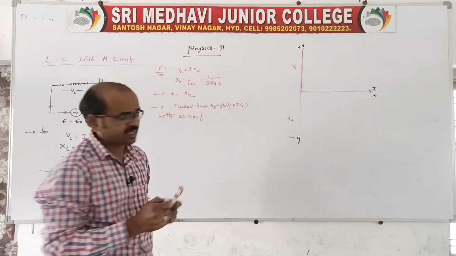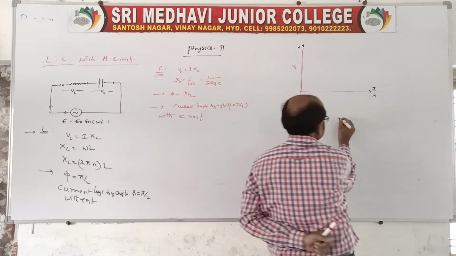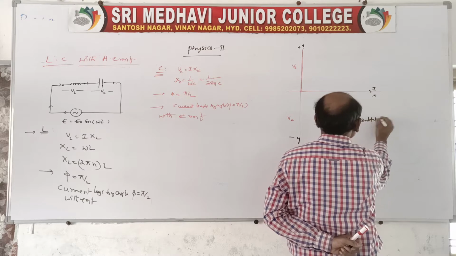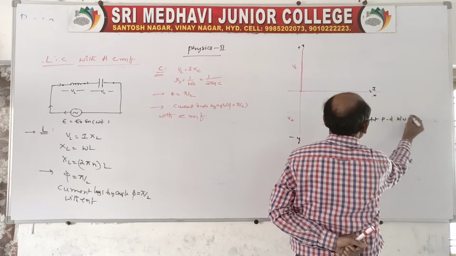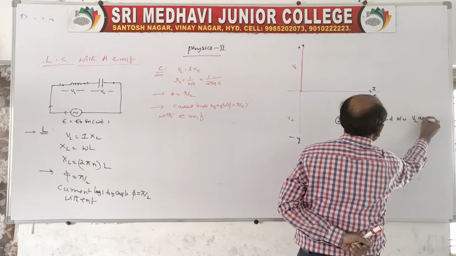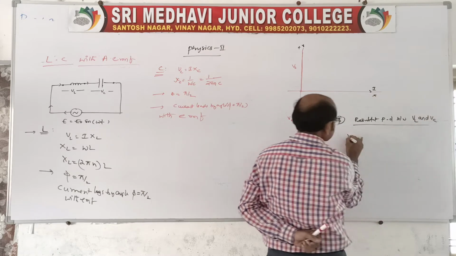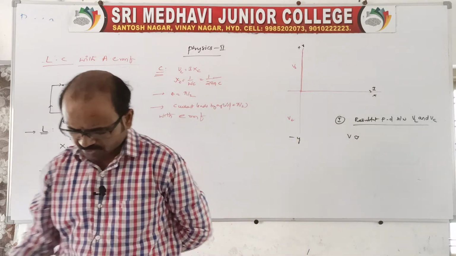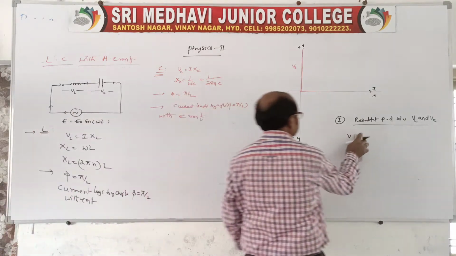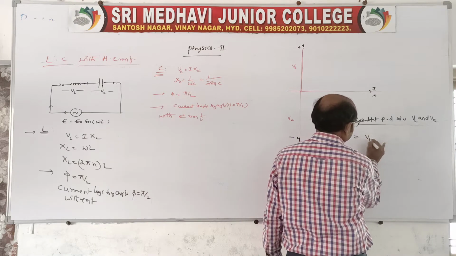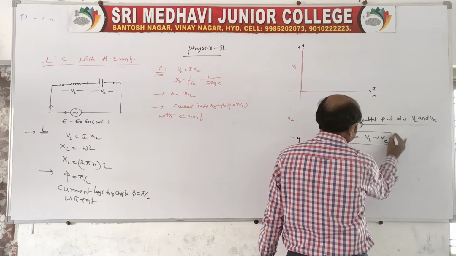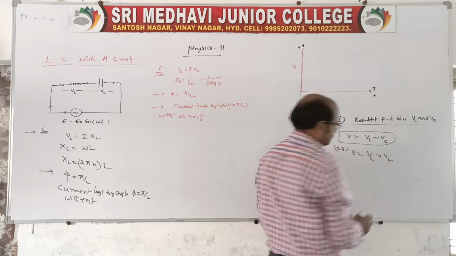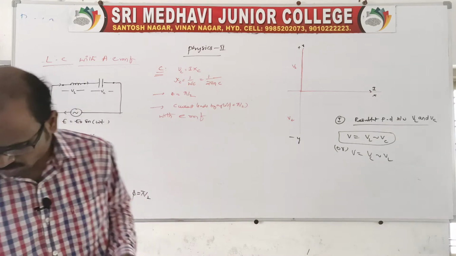Of course, I want to say it like this. In the first case, write the resultant potential difference between VL and VC. We can take the resultant approximately like this, because we don't know whether it is greater or smaller. So write either VL minus VC, or else the resultant will be VC minus VL. So in this case, what is happening?